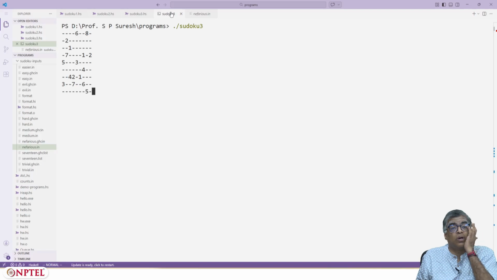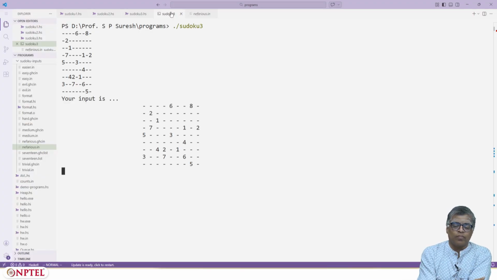Okay, let's now see. Haskell will now interpret this input appropriately as a proper grid, and then it will produce the result after applying the solve procedure that we outlined earlier. It first formats our input and puts it here, and this is one of the harder puzzles, so it should take some time, but not too much.